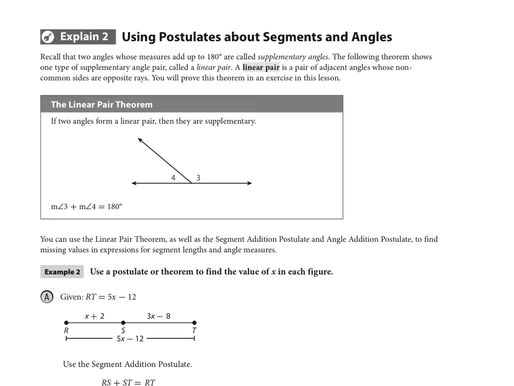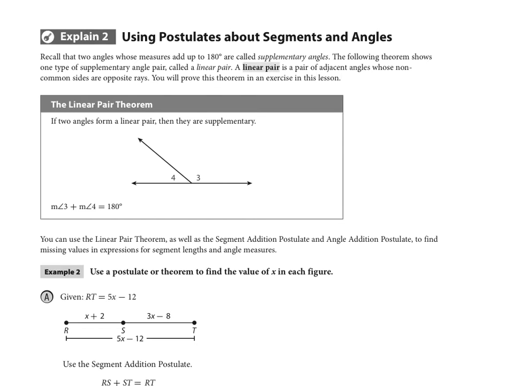At the top of the page here, and I am on page 48 with you guys, they introduced to you a new theorem. Remember, theorem is kind of like a name for rules in geometry that you can prove. A theorem here about a linear pair. So first off, definition-wise, two angles whose measures add up to 180 are, as we know, supplementary. That is also sometimes called a linear pair when those two angles are adjacent and form a straight angle or